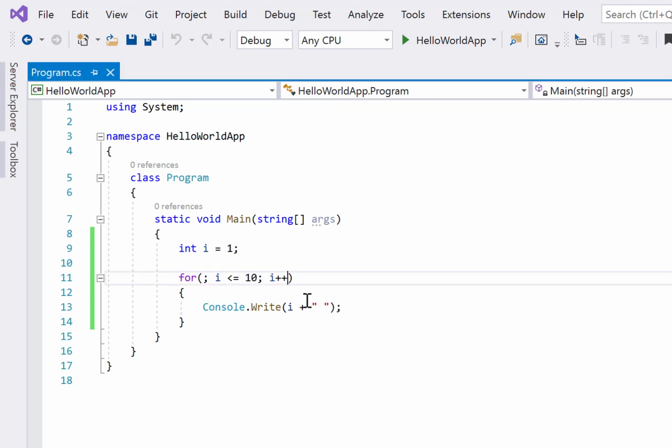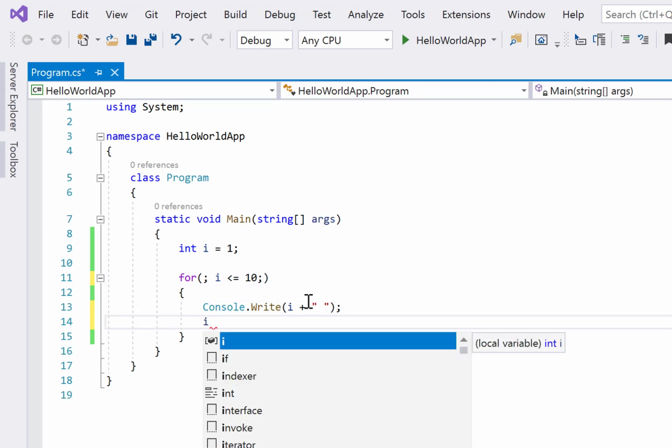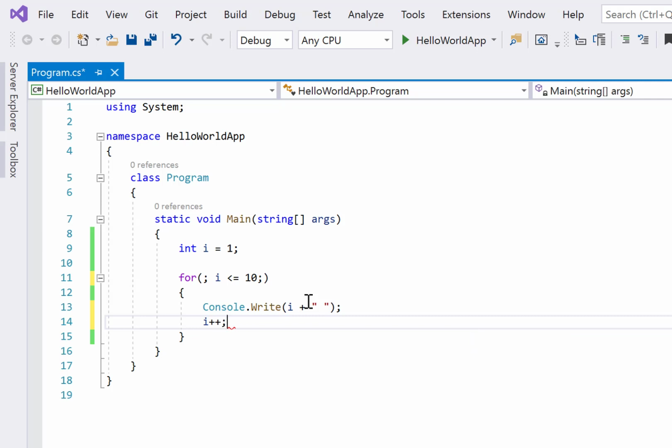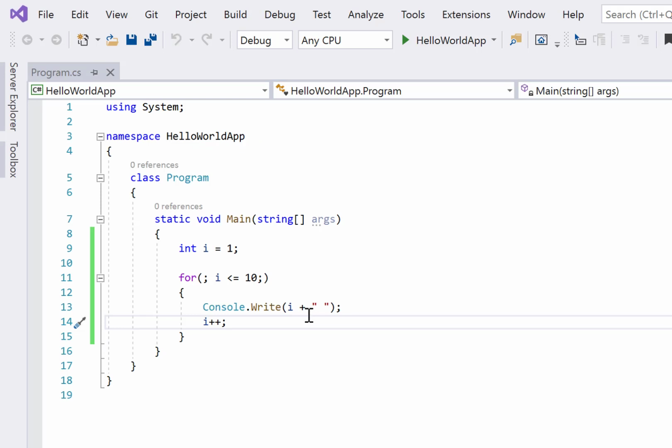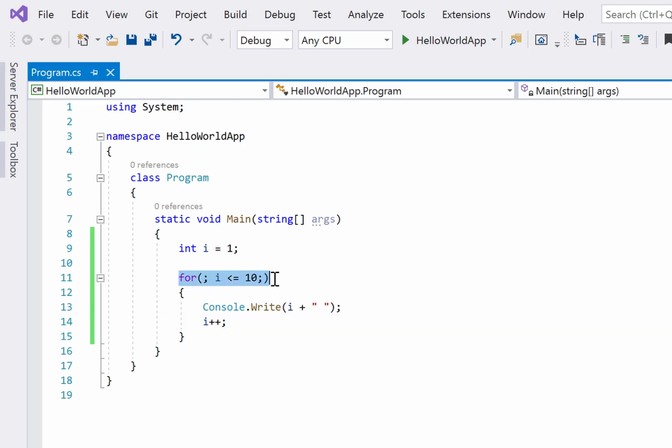Now in fact, this is basically the increment value. So if you want, we can also do this here as well. So we can say I plus plus. It means rather than doing it there, we have done it here as well, so that also works fine. So let's say if I run this again, you could see it has printed from 1 to 10, right? So that is also fine. So it means for a for loop we have 3 parts. This is initialization, this is increment, and this is a condition, that if the condition is matching, then do this, right? So this was about the for loop.